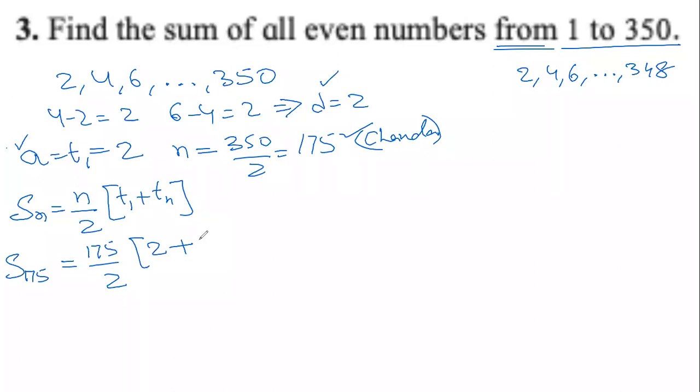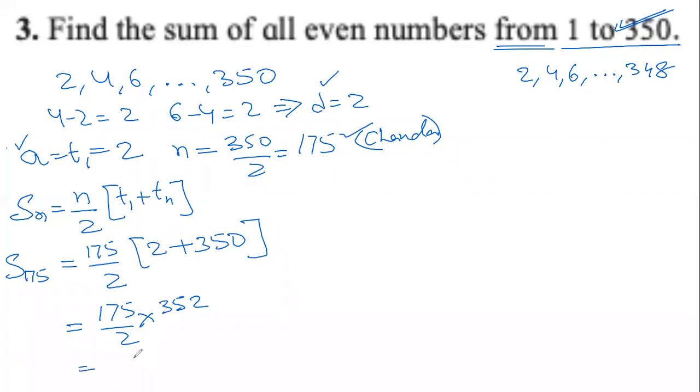175 multiplied by 2. No, what is Tn? There is a straight answer in the question. What is Tn? 350. Last term is already given in the question. Look at the arithmetic progression that we have written. 2, 4, 6, dot, dot, dot, ending in 350. That is the last term. 350. So now when we solve it, 175 by 2 multiplied by